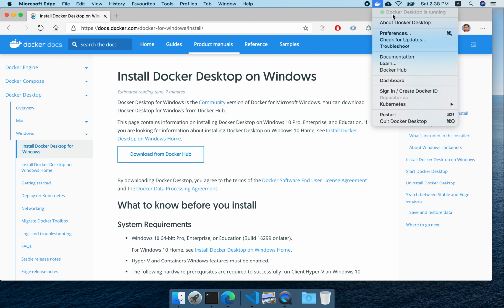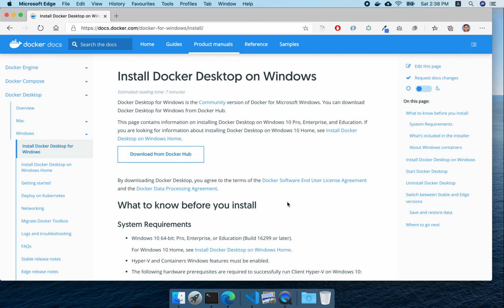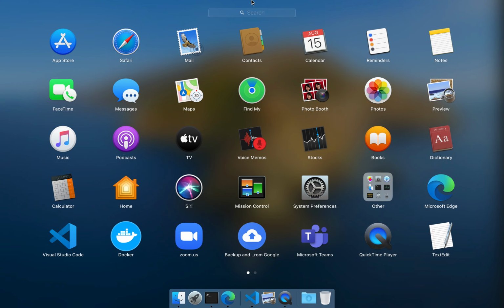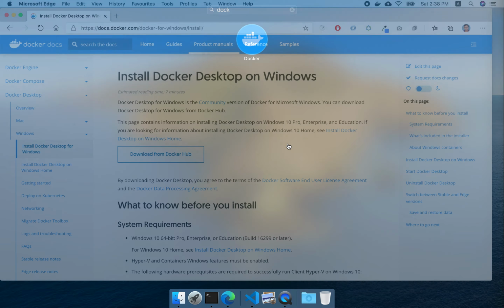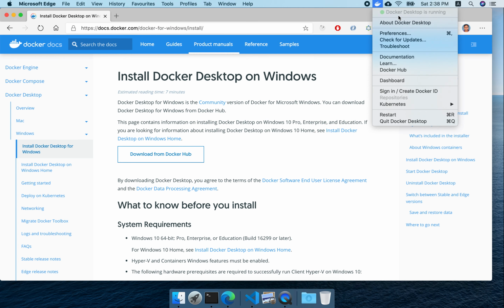Once it is run, ideally it will open automatically. If not, on Windows you have to open it from Program Files. If it is Mac, you can go to the Launchpad, search for it and open it. Once that is open, make sure your status is like this: Docker Desktop running. The UI is the same on Mac or Windows. If you are seeing this green button and it is running, all is good.